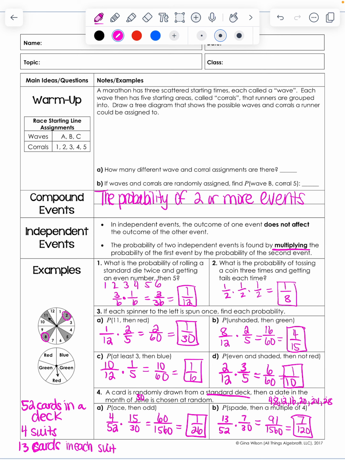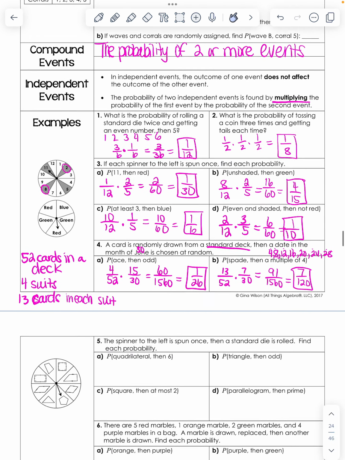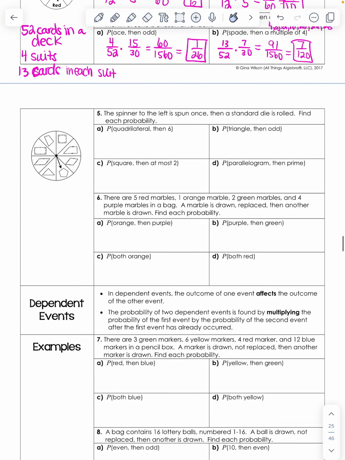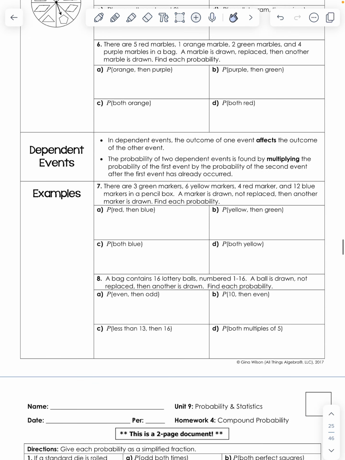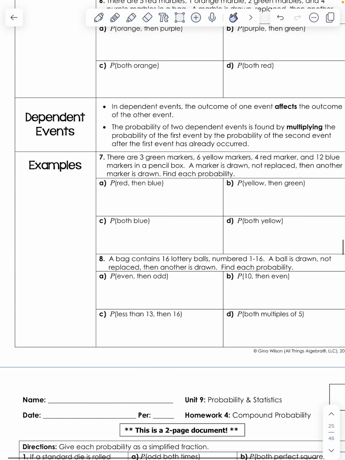Now we could continue on and do a million more practice problems, but that's basically how independent probability works. We also have dependent probability. So dependent probability is a little bit different than independent because what happens the first time does affect what happens the second time. You still find the dependent probability by multiplying the 2 events together, but what happens here is usually the denominator is going to change